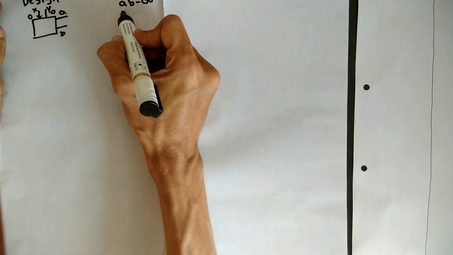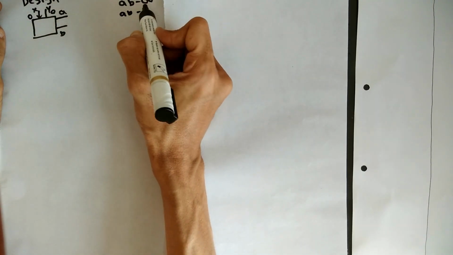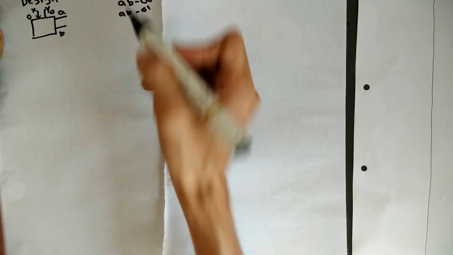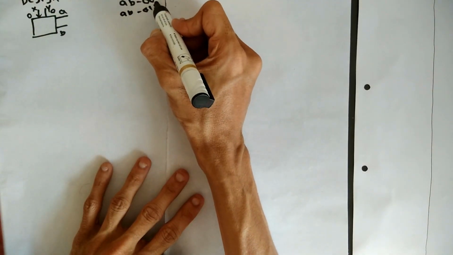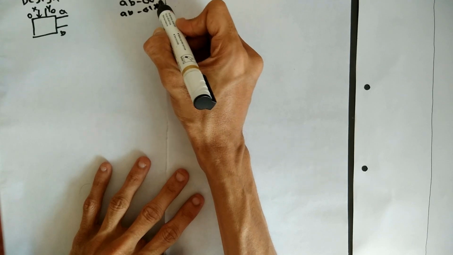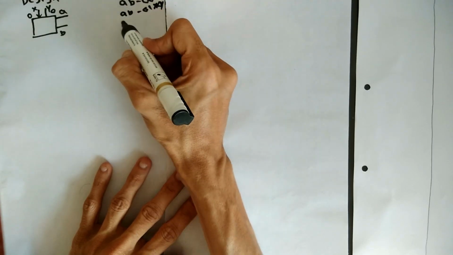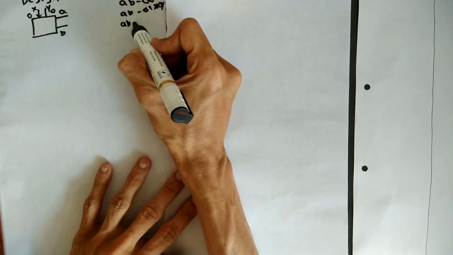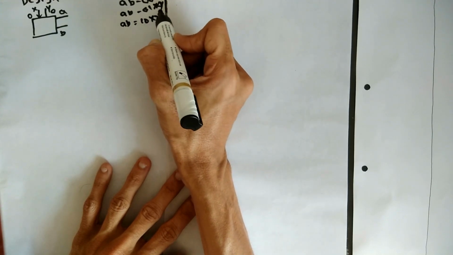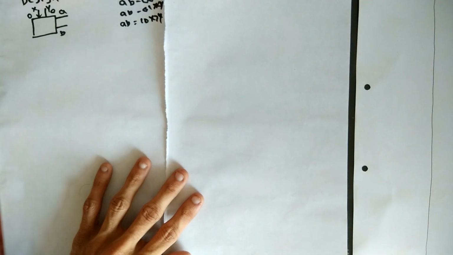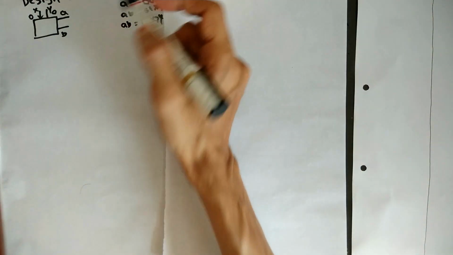Similarly, if the AB value is 0 1, we can assume x is greater than y or x is less than y, either one. Here I am assuming x is less than y. Similarly, if AB is 1 0, we take x greater than y, and the AB 1 1 condition is not there. So these are the conditions.